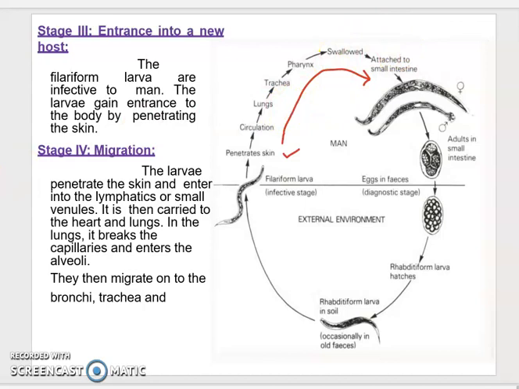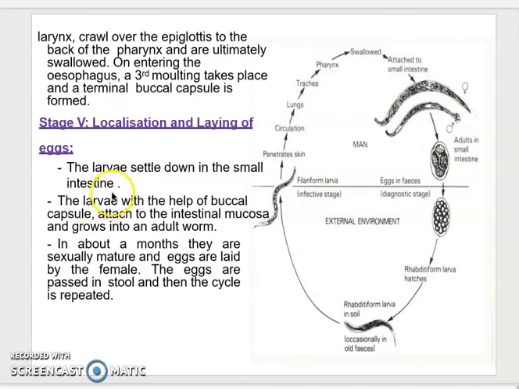And what happens next? Localization and the laying of the eggs takes place. Inside the small intestine, they cling to the intestinal wall, and then they imbibe all the nutrients, they enlarge, and they attain sexual maturity. Then the male and the female develop, mating takes place, and the life cycle starts again. So that is all about the life cycle of this